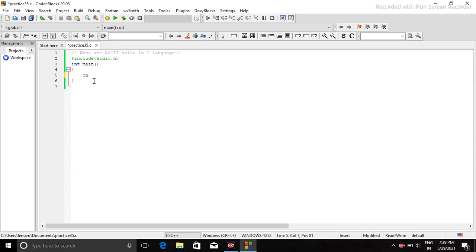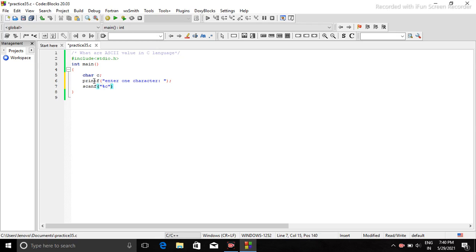Let's say I create a variable of char type, char c, and I print a string to inform the user to enter one character. By using scanf, let us take the input from the user using the format specifier %c.